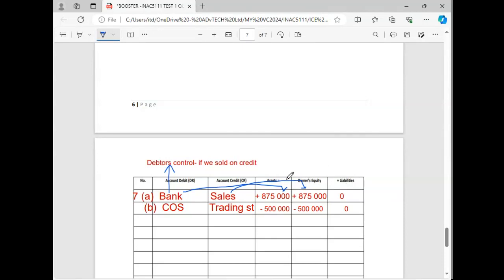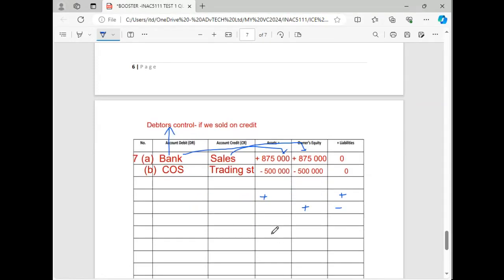I don't know if you got me or not. As long as you come here, wherever you go, you just copy and paste. For example, if I have a plus here and I have to come to the liabilities, I must have a plus here. That's a fact. You can't have a plus here and have a minus there. Never, never, never. Unless you don't affect assets. Yes, if you affect owner's equity and the liabilities, if you've got a plus here, then you must have a minus here. That's a fact.